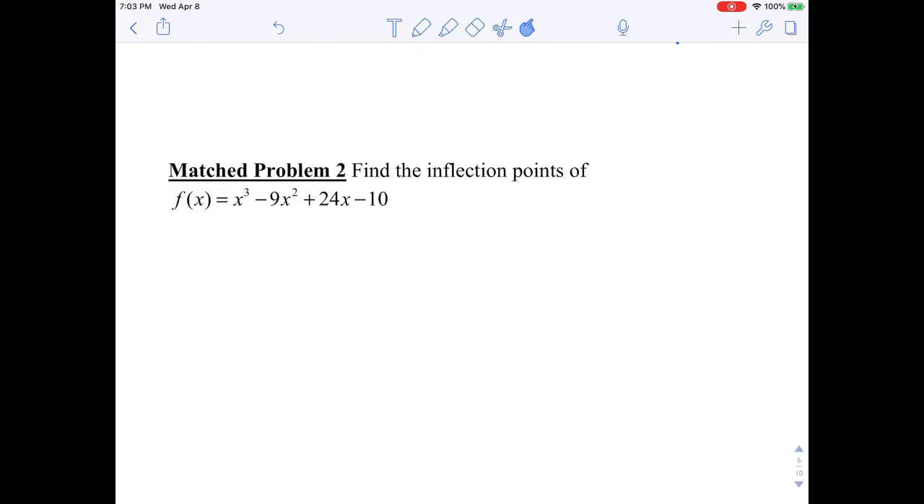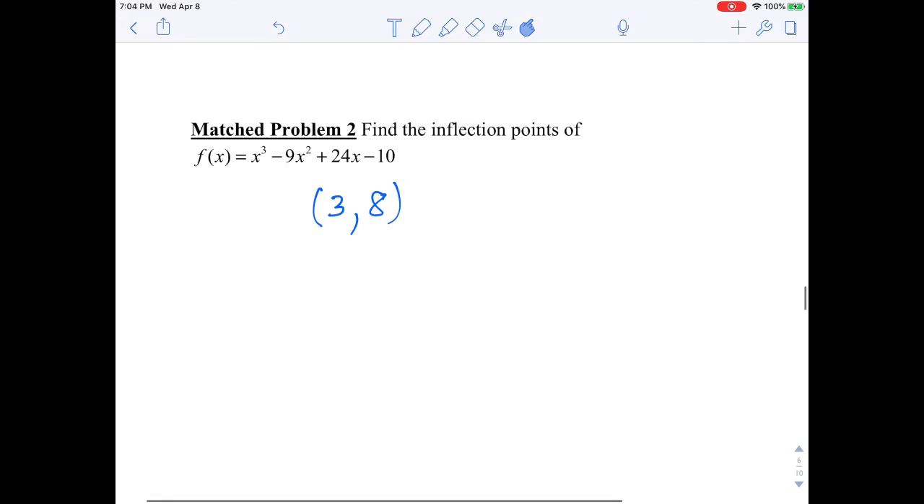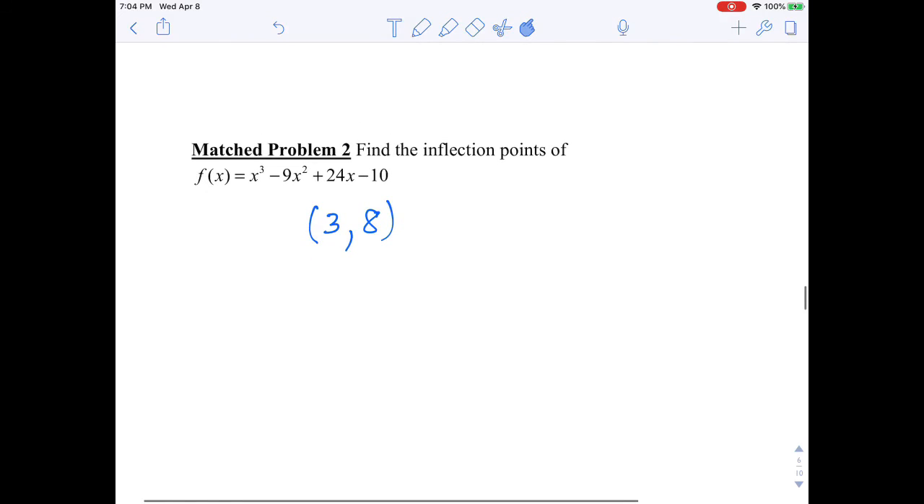So find the inflection points for this example. You should have found that the point was 3, and if you substitute that back into the original function,